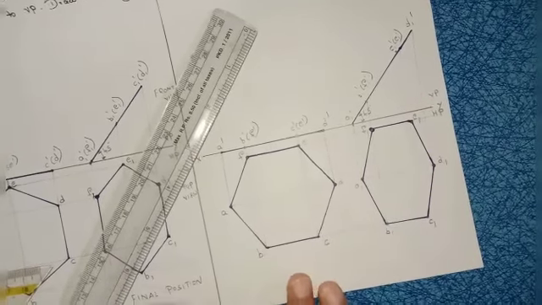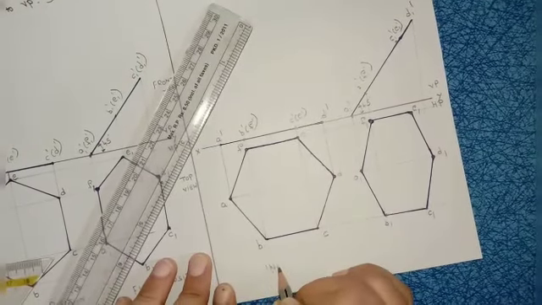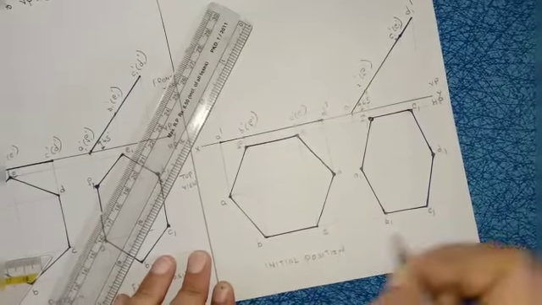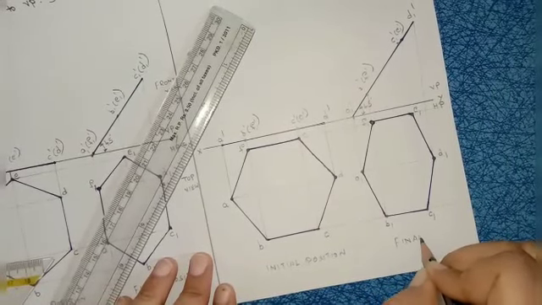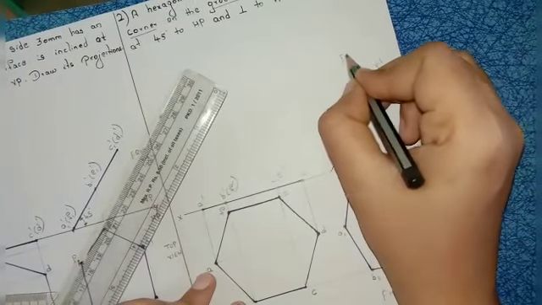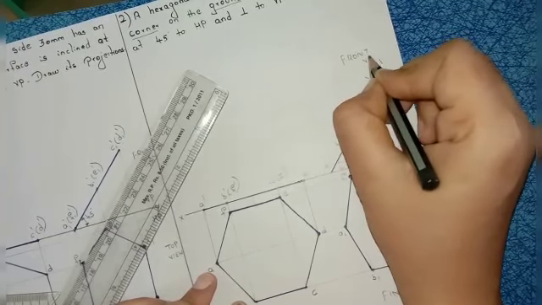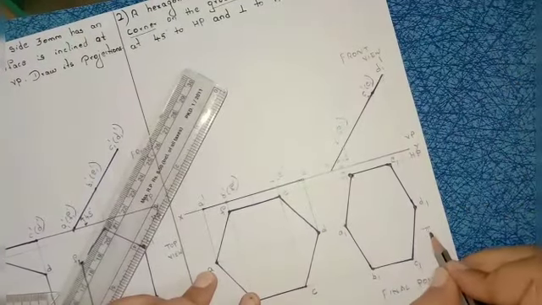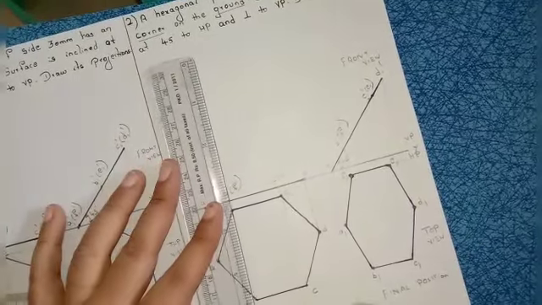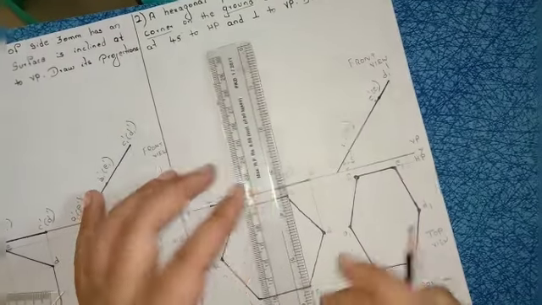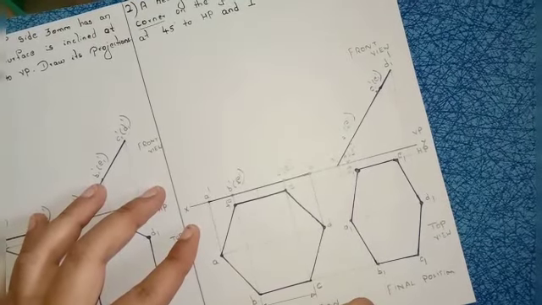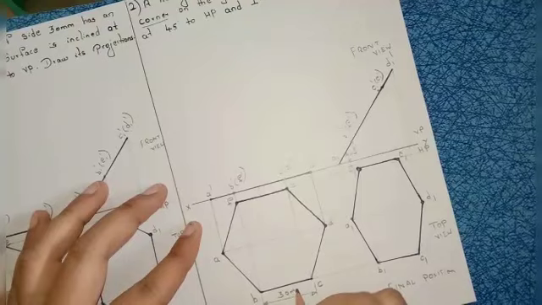After completion of your diagram, you should write here: take height 5 mm and write down initial position, and this is the final position. And write down above the reference line, this is the front view. Below the reference line, this is the top view. You have to mark the dimensions for the hexagon. Hexagon length is 30 mm. So draw the extension line, dimension line, closed and filled arrow marks. Write down here 30 mm.